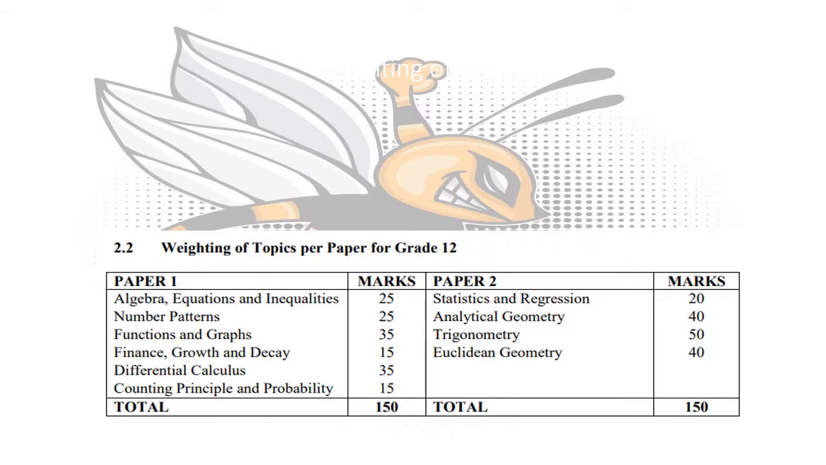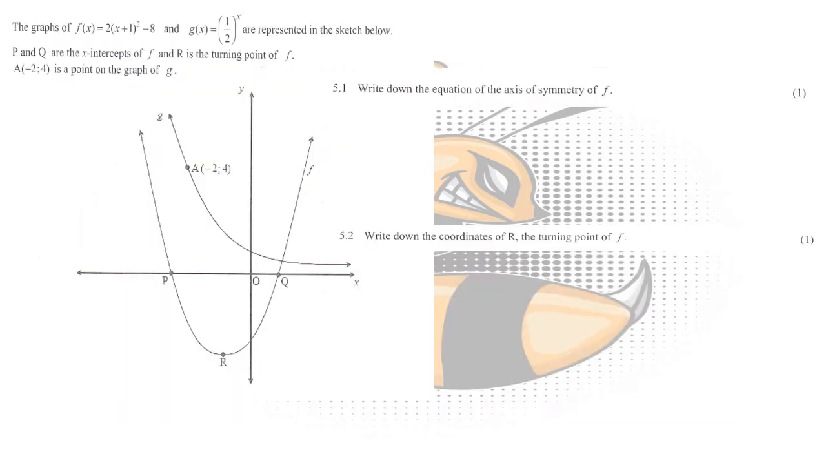Now, remember that the weighting of your topics per Grade 12 question paper for functions and graphs will count about 35 marks in total of your 150 marks. So along with differential calculus, this is going to be one of the topics that counts the most for Paper 1. Now, when we start taking a look at Question 5 from your June exam paper, it starts off by